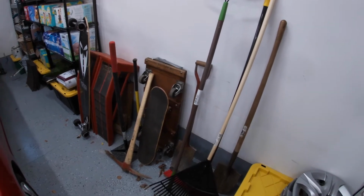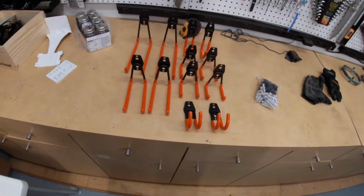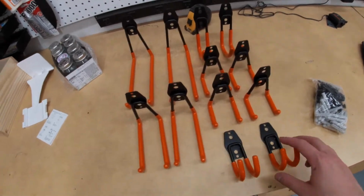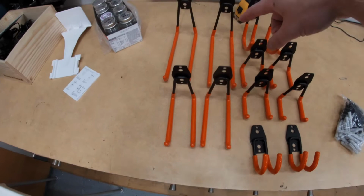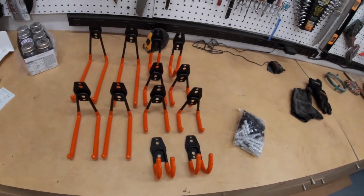So I want to try and clean this up a little bit. In order to do that, I purchased, it was really cheap, maybe $20-something on Amazon, this pack of hooks. Really easy, comes with all the hardware you need. We got these two little hooks, more of these square guys, some really long ones which are going to come in handy. So just a nice assortment. So I think what the plan is,